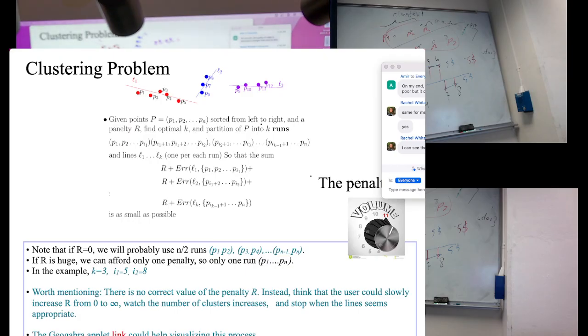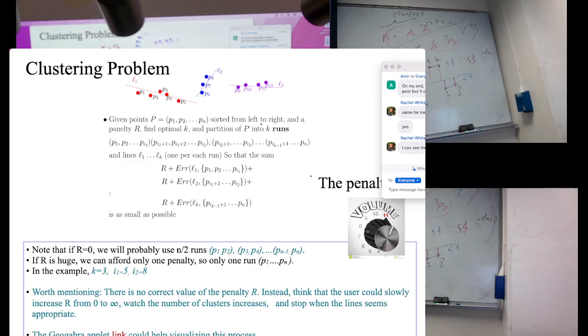So, the input to the problem. The input is all the points and some penalty that the user decides about. What is R? $5 per cluster. What I want to find is K, the number of clusters. And mostly what I want to find is a partition of the points into